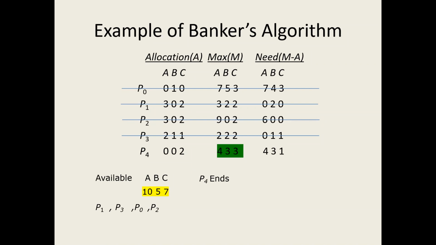So when the resources are released, you have to check whether the available resources are equivalent to the maximum available resources in the system, that is 10, 5 and 7. So if we can find a sequence of processes that will complete their task without any problem, that is a safe state. So this particular set of processes will have a safe state. So that means this set of processes will not end up in a deadlock.